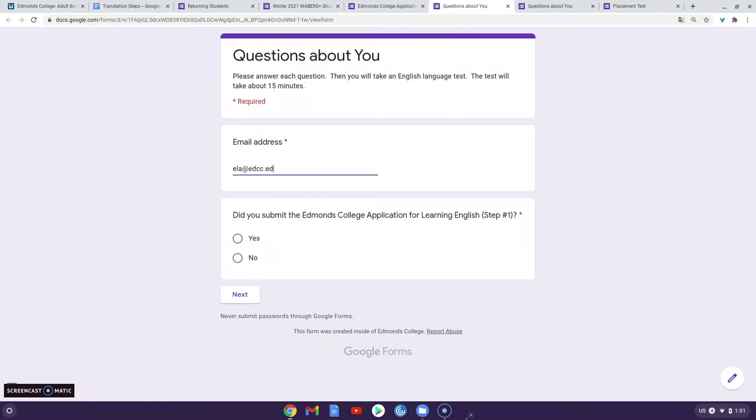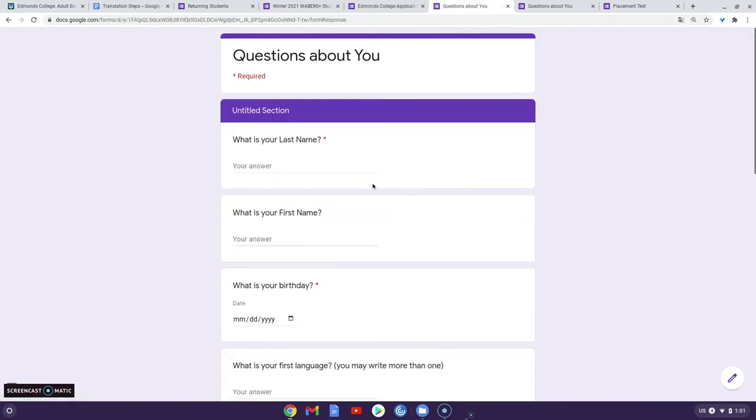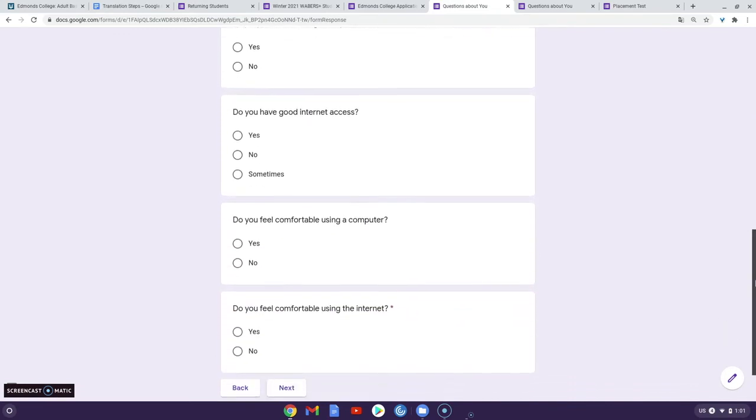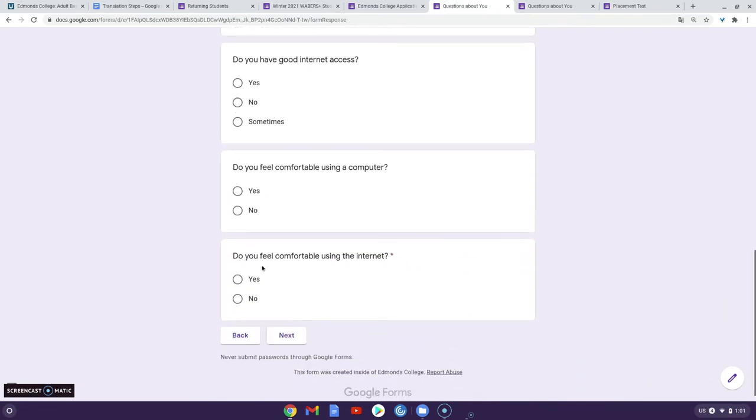Again, you need to fill out your email information and it will check to make sure that you filled out the college application in step 1 first. After you click yes, then you click next. So let's say yes, you already have a student ID number and you answered the questions about yourself in this form in a similar fashion as step 1,